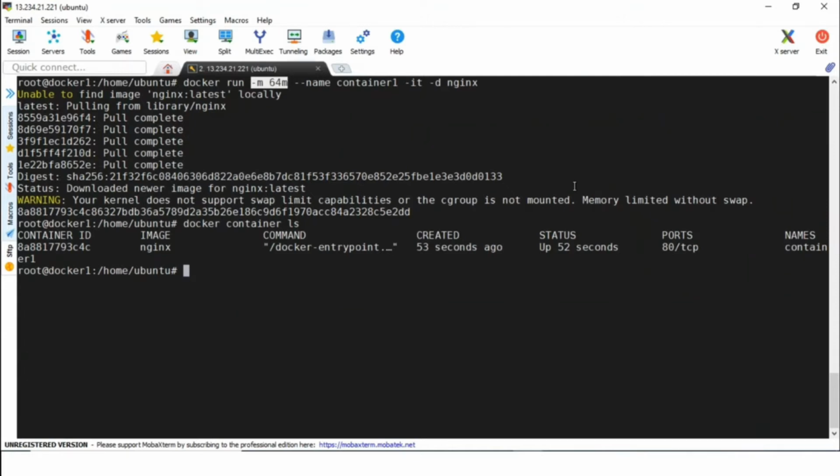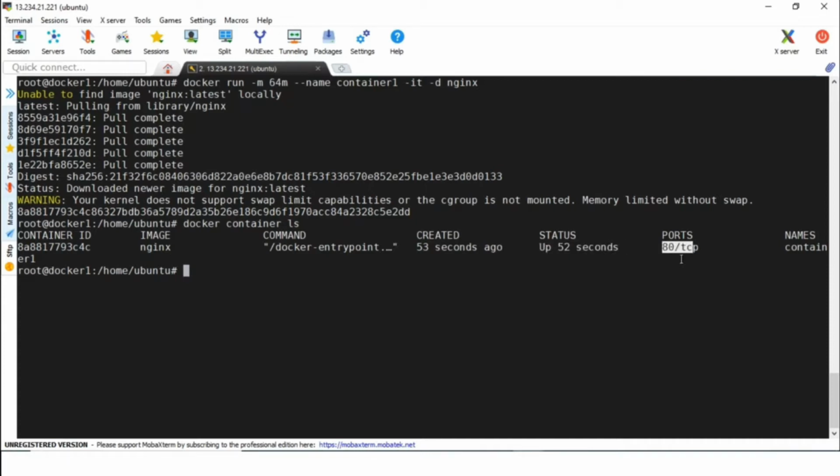And other parameters, as we discussed in the previous video, are self-explanatory, like container ID and created status. And here we have port 80, which we will discuss soon: how to do port forwarding, how to access a particular container using its public IP, and all such things we will explore soon. But just to give you an idea, this container is basically saying that the application which it hosts can